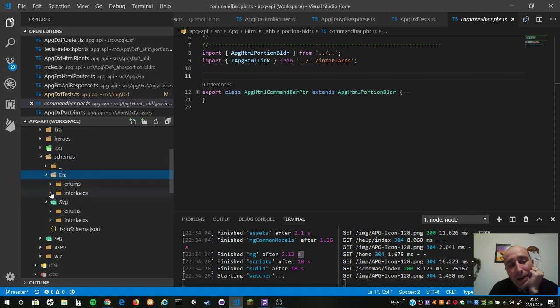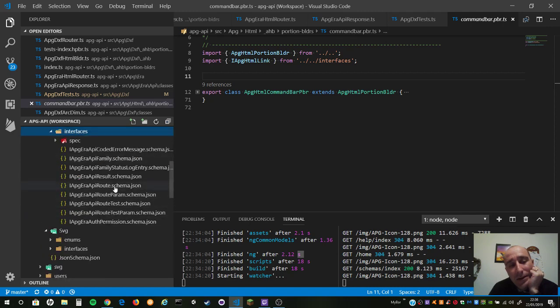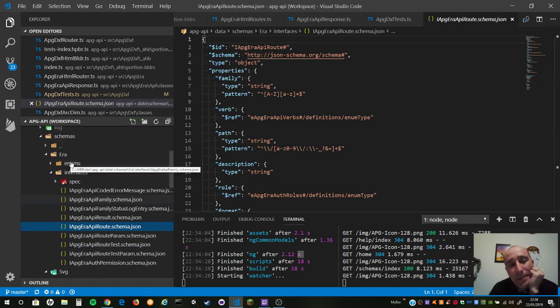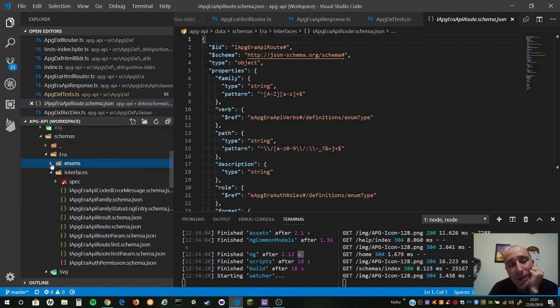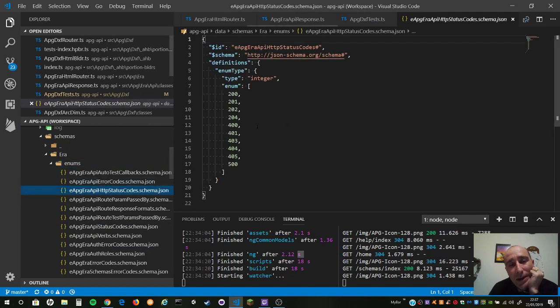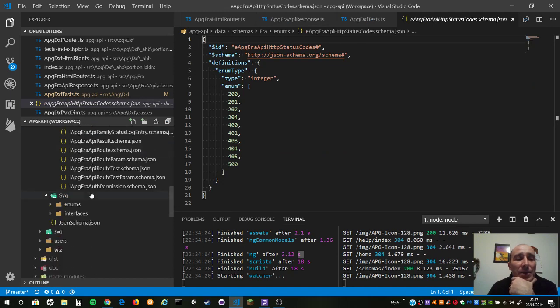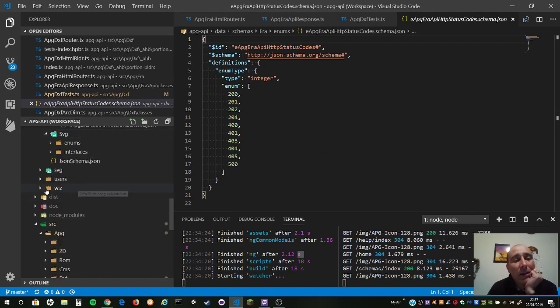And in Era, I have the interfaces. These are the interfaces of the JSON schemas. And I have the enumerations. The enumeration schemas are created automatically starting from the TypeScript files